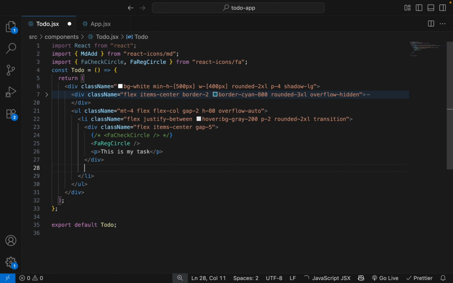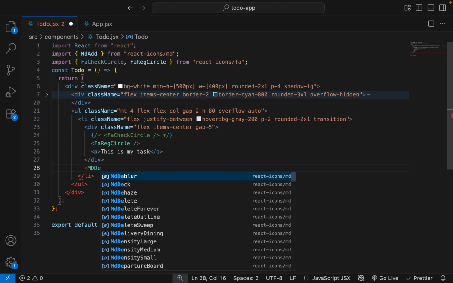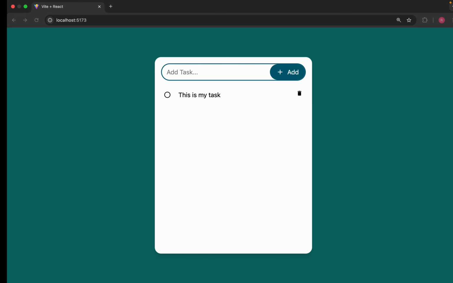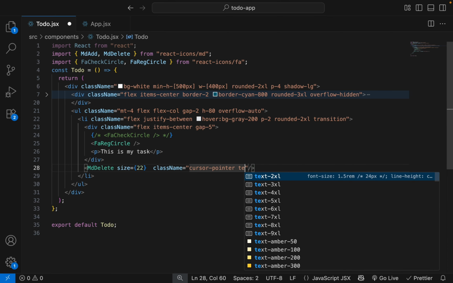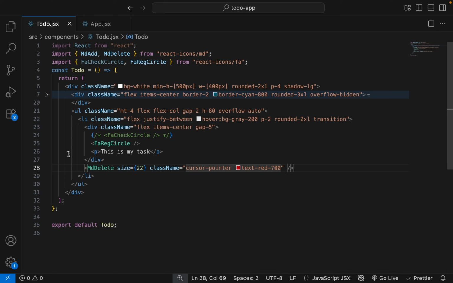After this div, add an icon, MdDelete. This is the delete icon. Let's give a size property 22 and add some classes: cursor pointer, text red 700. Let's add this circle icon.